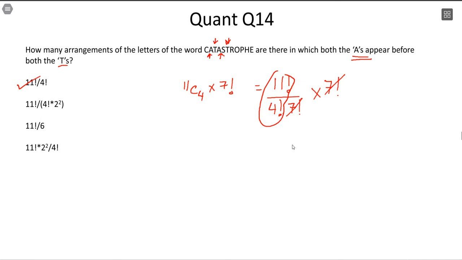Very, very straightforward question. Or you could have also done it, maybe the thought could also have been, I can rearrange them in 11 factorial ways. Wherever A and T are coming, I have to ensure that A's are to the left only, T's are to the right only. So rearrange them. You can rearrange them in 4 factorial ways. Now by 2 you don't need to do, because the ones that require by 2, they would be present here also, they will cancel each other out. So you can directly reach 11 factorial by 4 factorial. It would depend on how much conceptual clarity you have. If your concept is clear, this is nice. If it is not, you can still figure this out the simpler way forward.